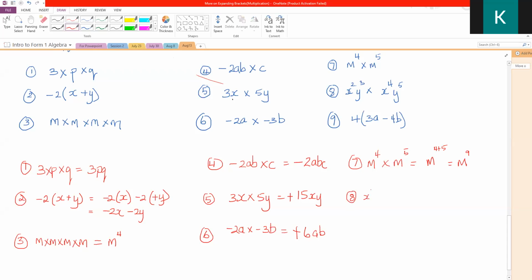Right, same thing is happening here. Even though they combine things together and the question itself might look a bit intimidating, you're adding powers here. Right, we're going to have 2 plus 4, and y here is going to be 3 plus 5. Put this in a little bracket on top of here, so let's see what's going on. Right, this is my working. This is the answer. Right, x to the power 6, y to the power of 8, and lastly,